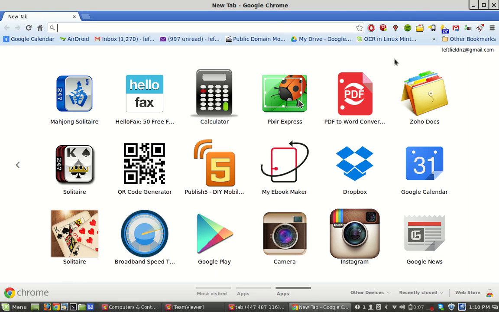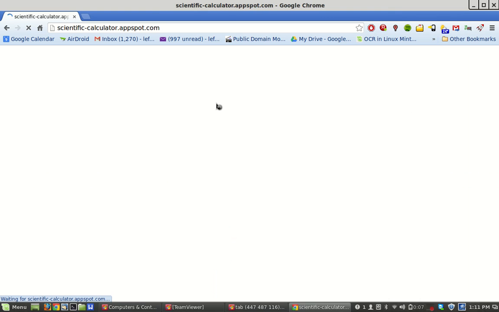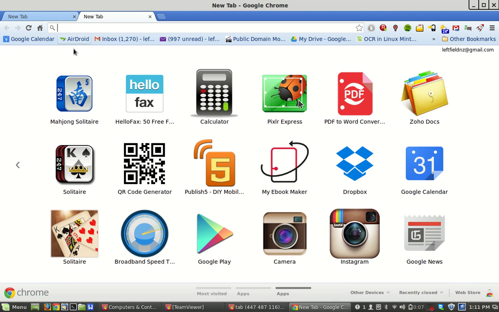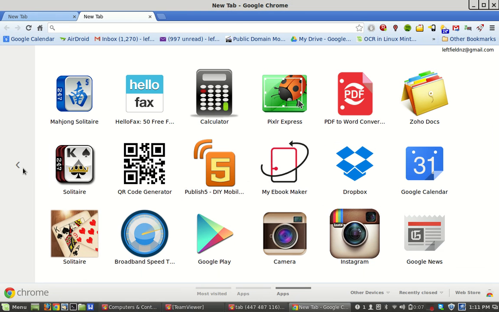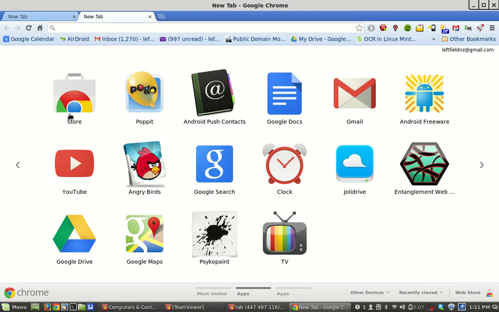Even under Windows 8, everything now runs on apps. So mostly these are just shortcuts if we just click on one app. But at least you've got all your apps in one place. So if I open a new tab, I get my apps. If that doesn't happen, you can go to the web store, which is down there. Or I've got a shortcut, or you just go to chrome.google.com/webstore,